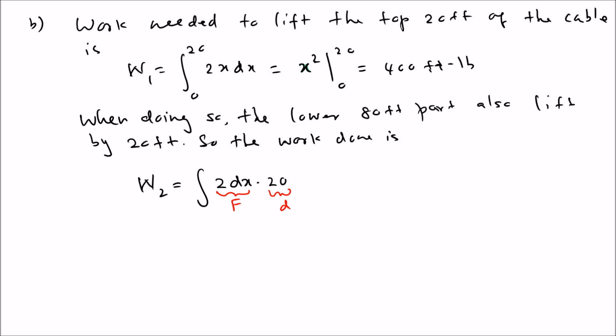Now you need to calculate all the pieces starting from 20 to 100. You have to do this calculation for everything in between 20 and 100. Good. So now, it is 20 to 100. You can see 40 dx, so you can pull the dx out. So it is simply 40x